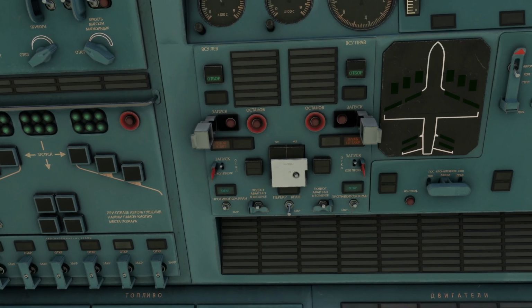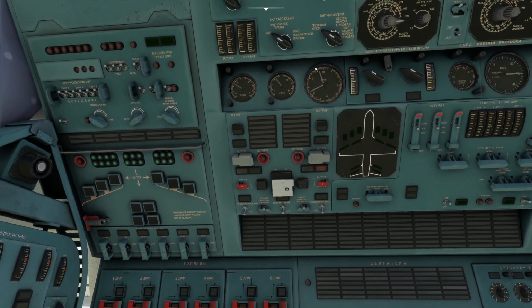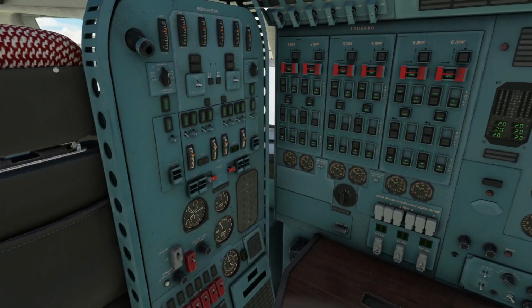Now there is a specific sequence to this as far as I understand. So we go for fire, stop, fire, bleed and master. So stop, fire control, bleed, master, then recage. We can recage that now, to be honest. So stop, fire control, bleed and master. And you can see the needles falling off there. Okay, so